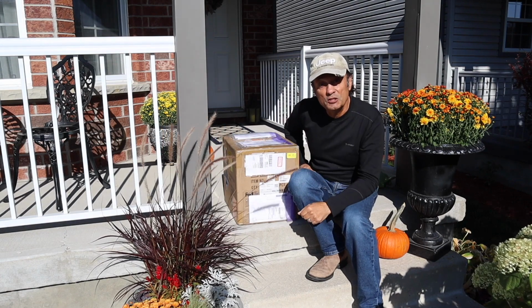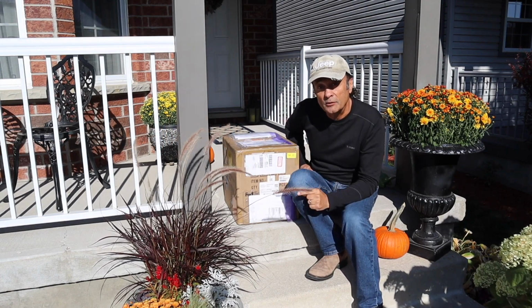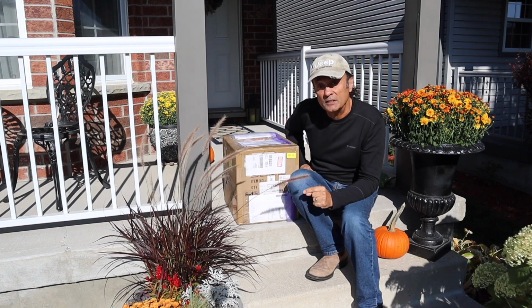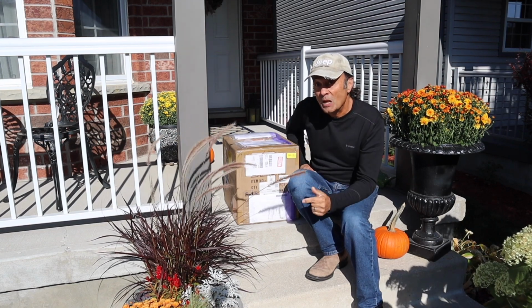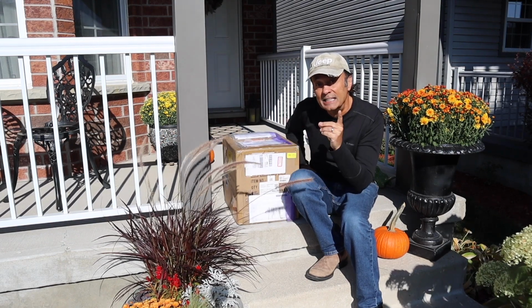It looks like my good friends at BougeRV have sent me this 1200 watt rechargeable lithium battery. Some people also refer to them as solar powered generators. I'm going to do an unboxing, I'm going to discuss some of its attributes, and then in the tips segment